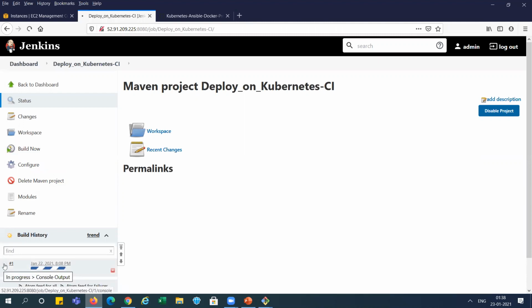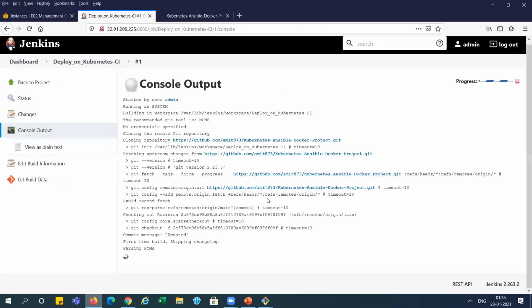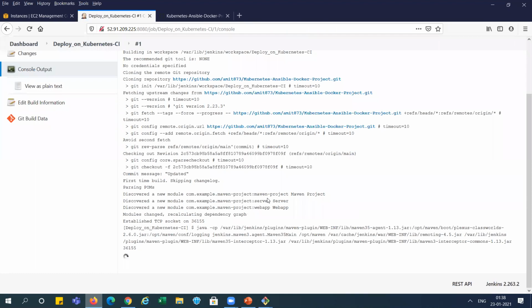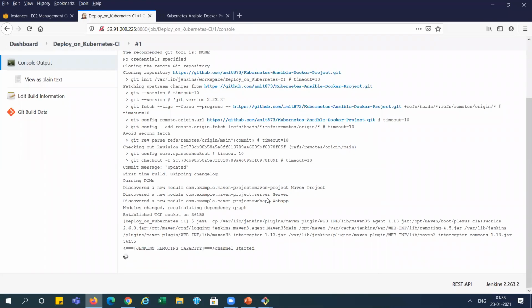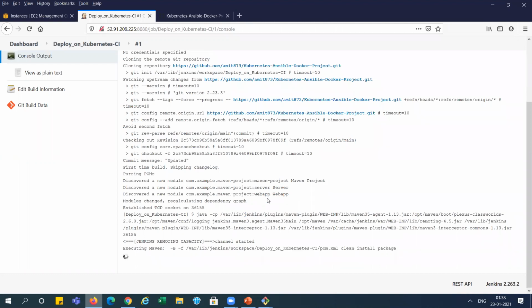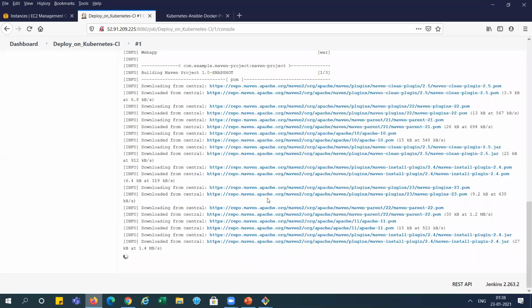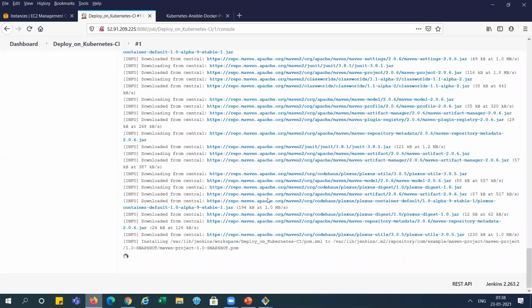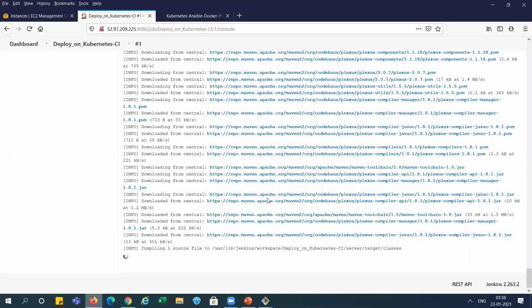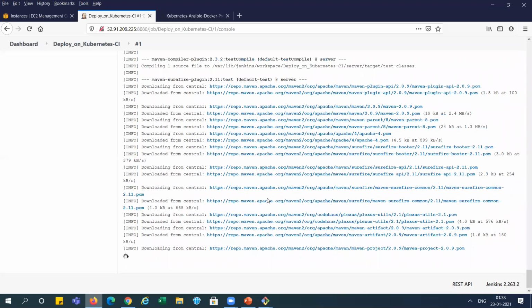You can see here. The first time it is running, it takes some time because it downloads some dependencies for Maven.